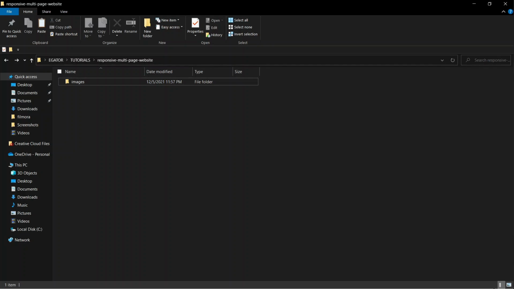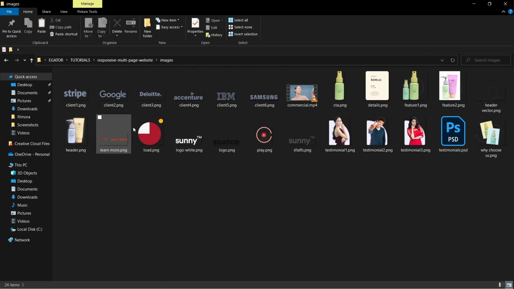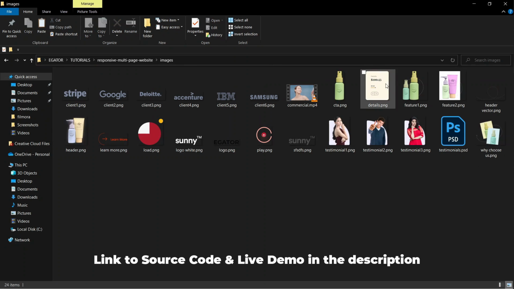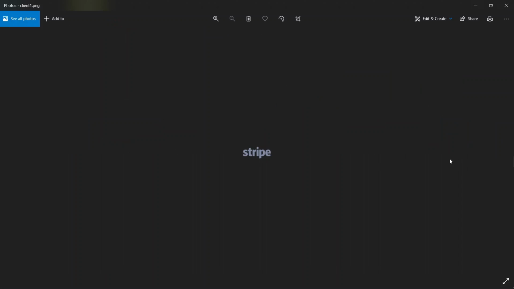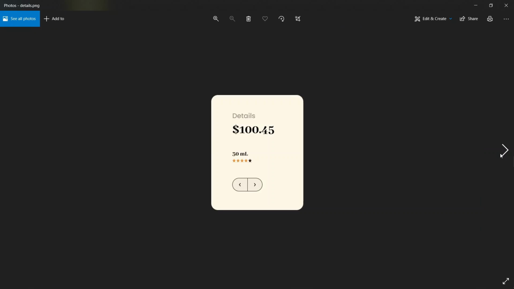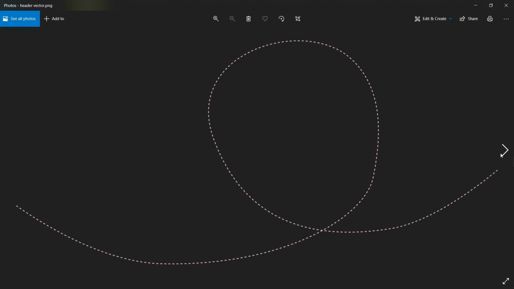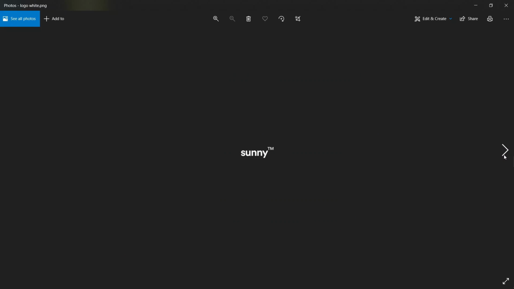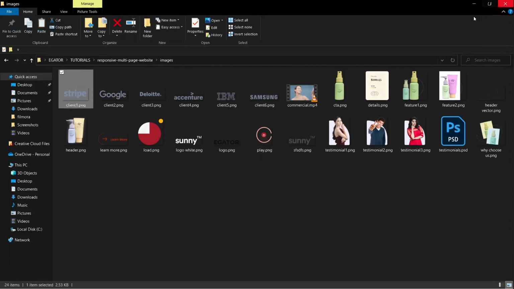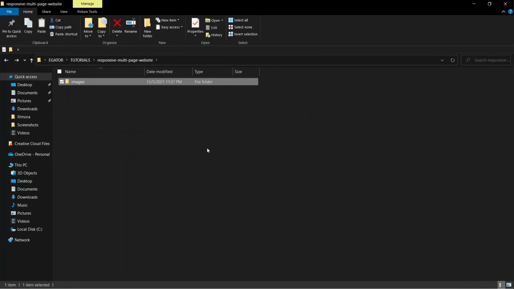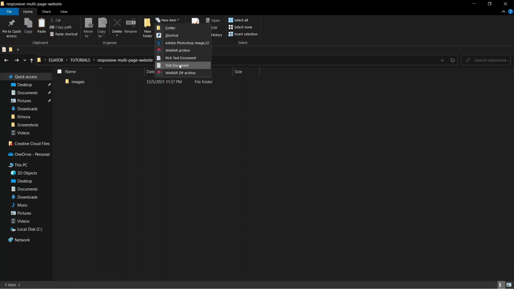Right, so here in my projects folder, I have a folder named images, and here I have all the images we are going to use in this project. I'm going to leave a link for the images, the source code, and then a live demo as well. So check the description for that. Now let's get back to the main project folder, and here I'm going to create our project